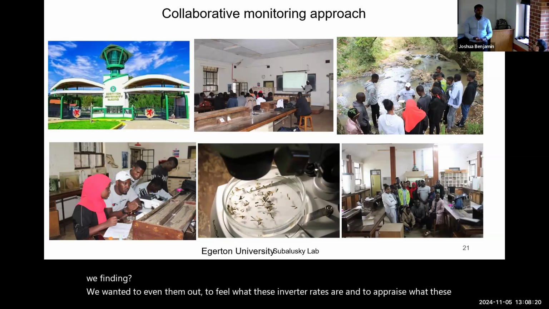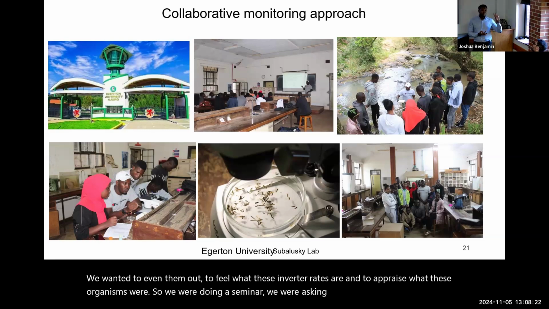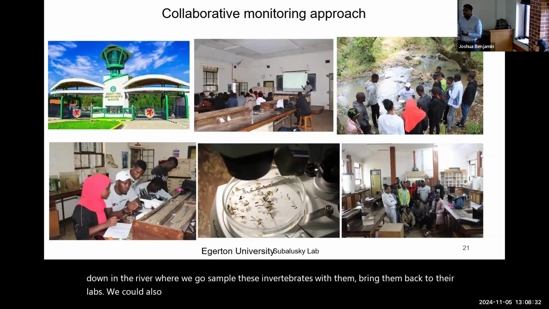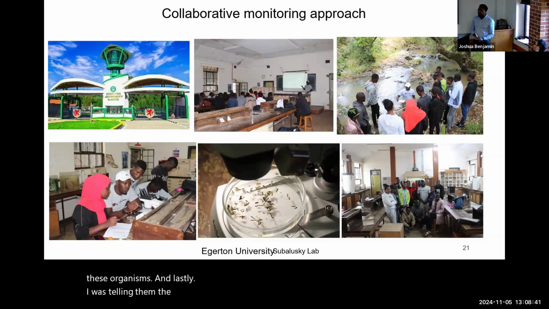So we were doing a seminar. Then we asked them to do a practical activity down in the river where we sample these invertebrates with them and bring them back to their labs. We could also provide them with identification tools, and we could all together identify these organisms. And lastly, I was telling them the story of the applicability of this tool, how we could use all these different techniques